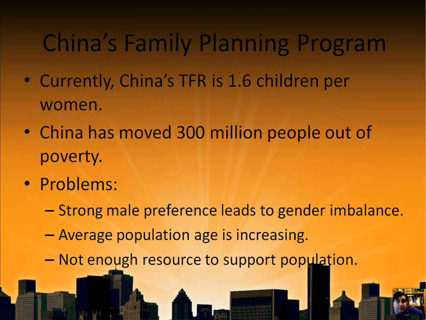China, on the other hand, has had much different results, and they have had some changes in their policy, and we'll take a look at that in class. China has taken 300 million people out of poverty. Now, I don't know how those numbers are calculated and how accurate they are, but that is a significant amount of people. However, the population of China is still ridiculously large compared to 300 million people. So, although that is a huge improvement and that will have an effect on the number of individuals in the population, that's no way to guarantee that the population will decrease.